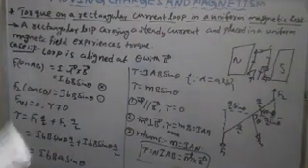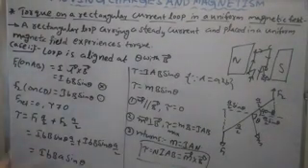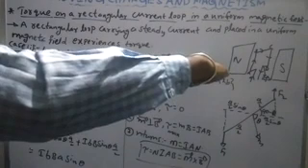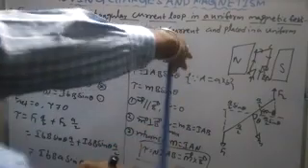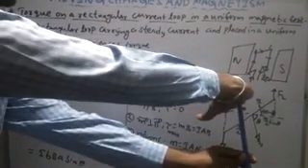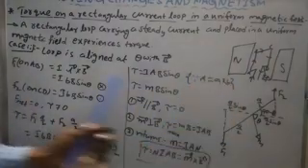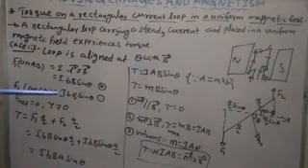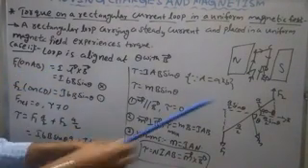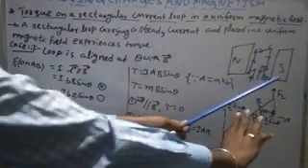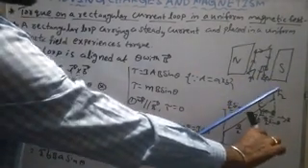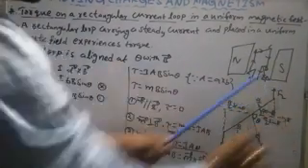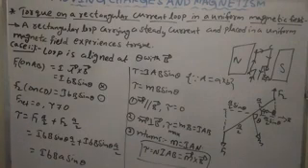Before, the plane of the coil was in the magnetic field. Now the plane of the coil is placed like this, and the areal vector of the coil is like this. The plane of the coil is placed at theta angle with the magnetic field. The magnetic moment direction is the areal vector direction. So this is the plane of the coil, this is the areal vector, and this is the magnetic field, north south. The angle between the magnetic moment and the magnetic field is theta.